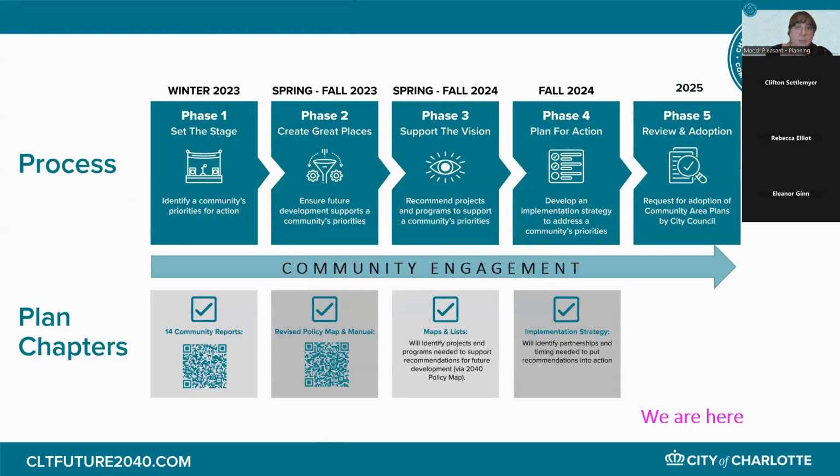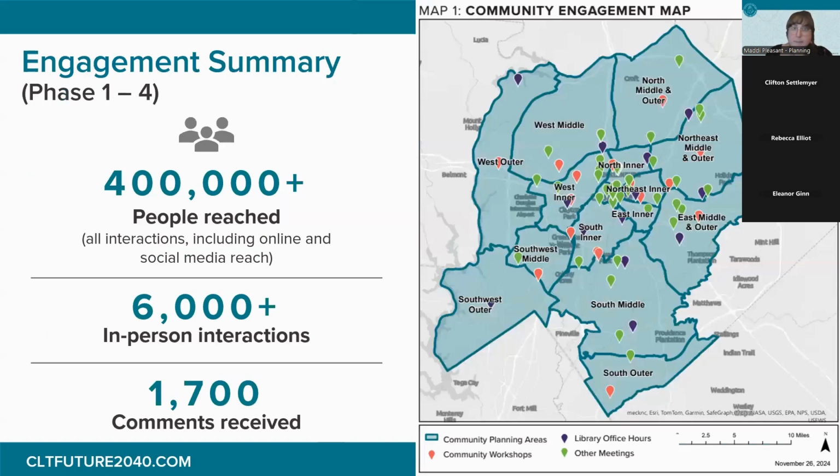The community area plans were developed with a five-phase process that's occurred over 2 years. During that time, we've offered a few different engagement opportunities for each phase, and the outcomes of each phase have been shared along the way. Those are on the screen here, but they're also on our website if you would like to read more into those different phases and outcomes.